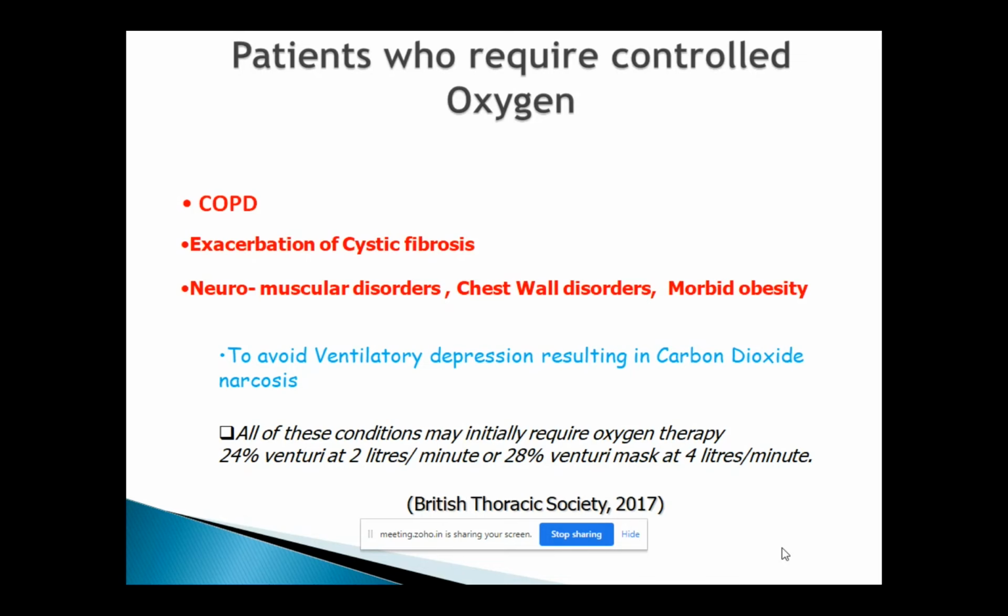Maybe they want to do arterial blood gas analysis. Once the blood gas is done, they may want to escalate the patient care to the next level, or a patient may need to go on non-invasive ventilation. Or if they are failing on non-invasive ventilation, then the patient may have to be intubated. But all those things will be decided by the medical team. But at least if we start the basic level properly on the right amount, we'll have a clear understanding of how the patients are responding or not responding, and then we can escalate the treatment appropriately.